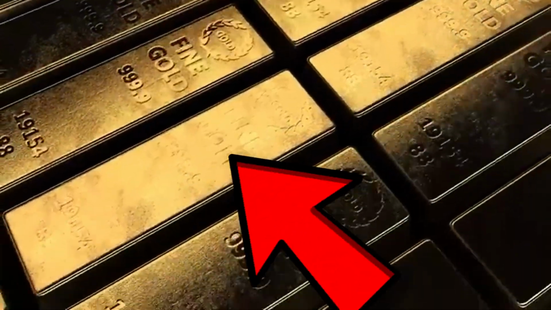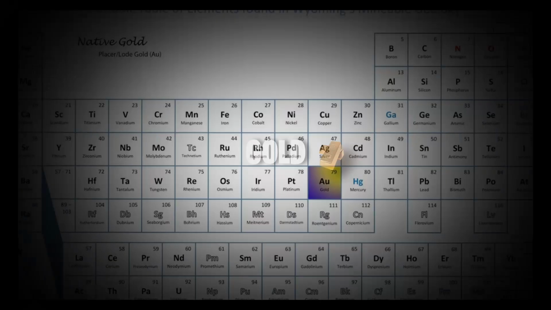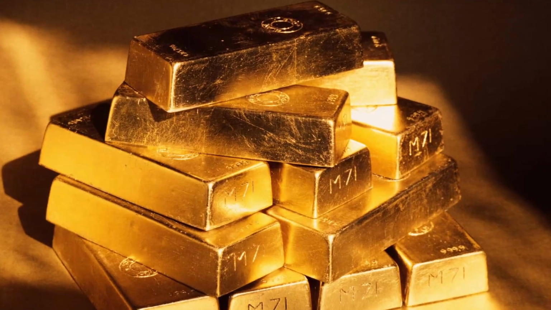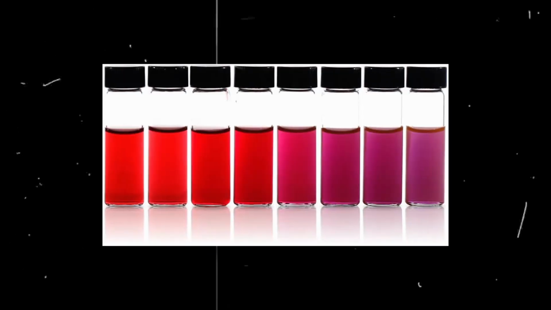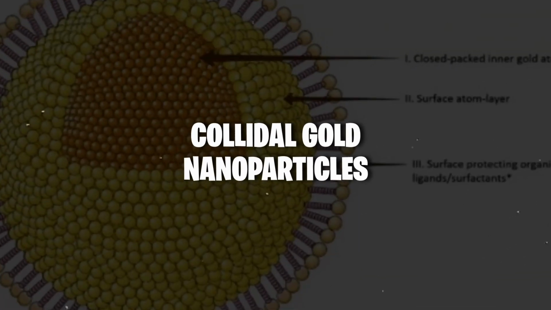You probably know what this is, and what this is, everyone's favorite metal, gold. The 79th element in the periodic table and used in almost every application in the world. But what if I tell you this right here is also gold? Because if we zoom in and look at the atomic structure, they're made out of colloidal gold nanoparticles, which is